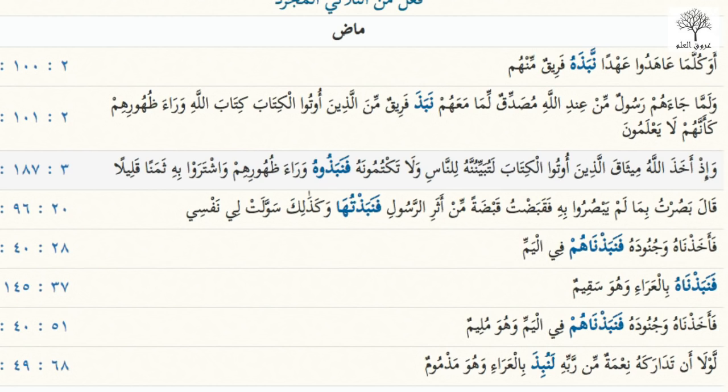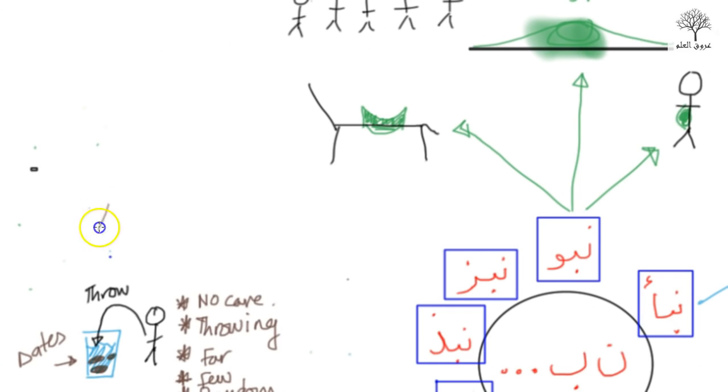فَنَبَذُوهُ. So what did they do? Did they fulfill that promise? No, they didn't. They threw it away. نَبَذُوهُ. And where did they throw it? وَرَاءَ ظُهُورِهِمْ, behind their backs. This is even worse. نَبَذَ means to throw something away from you. And then behind your backs, that's like, oh my God, these guys have no consideration for Allah's oaths and promises. And this is what they've done. So, نَبَذُوهُ وَرَاءَ ظُهُورِهِمْ. Such a powerful meaning that you get when you understand and appreciate the root meanings.